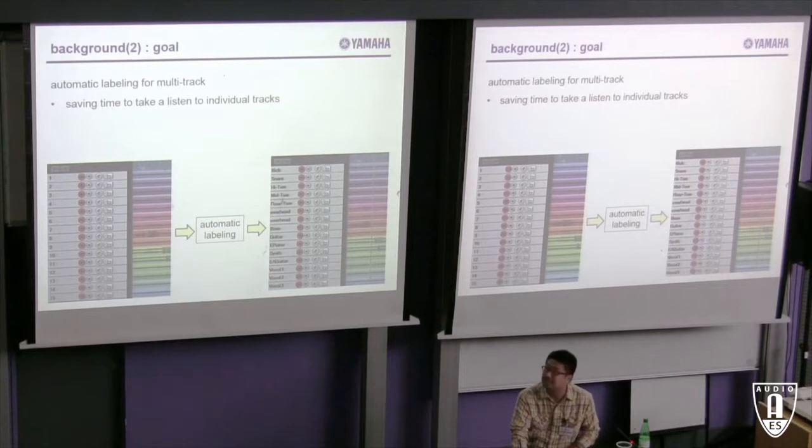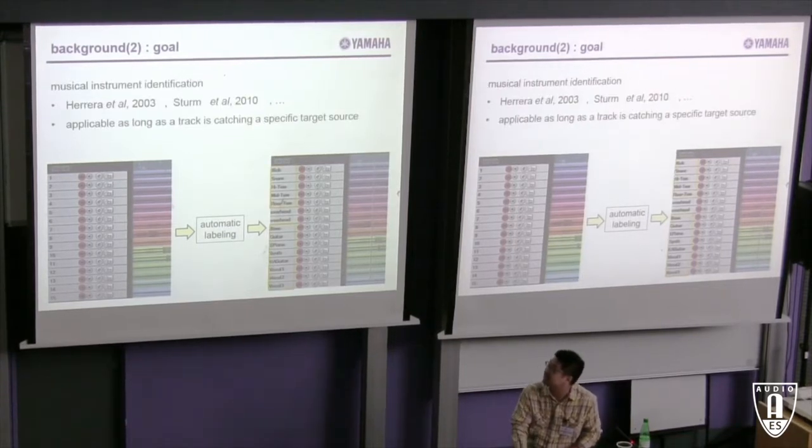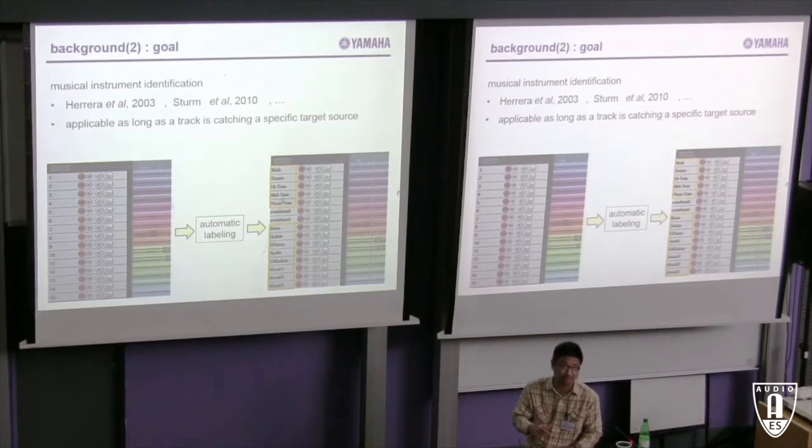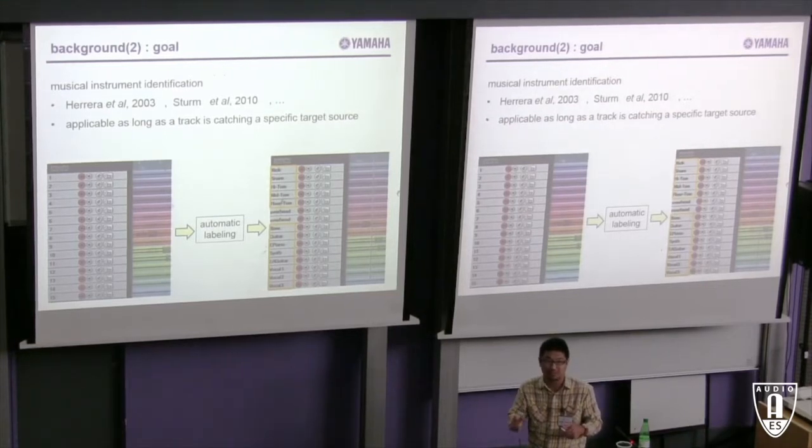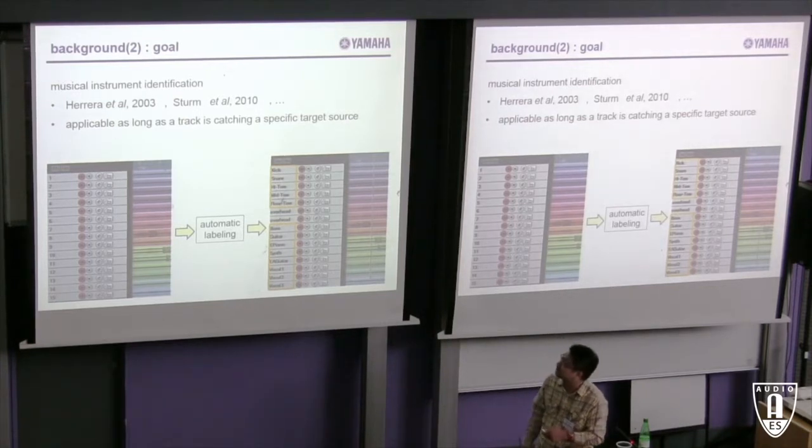And there are some studies that are expected to be applicable for that purpose. For example, there are some studies on musical instrument identification. And the concept is applicable as long as the track is catching a specific target source. I mean, you can see some tracks that are marked with an orange square. For example, kick, snare, toms, bass, guitar, vocal, and so on. All of them are catching a specific target source, so the audio signals in the tracks are quite consistent. For such a signal, the concept of musical instrument identification may be applicable, but it's not the case for drum